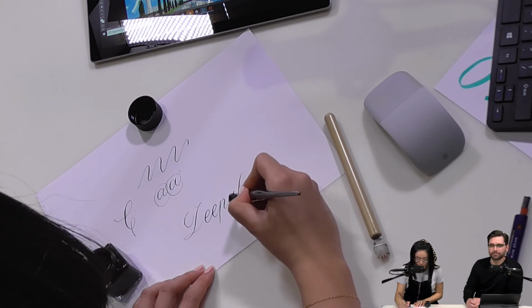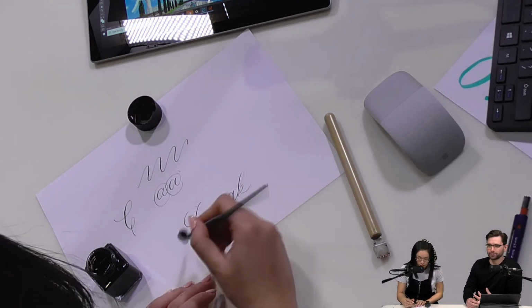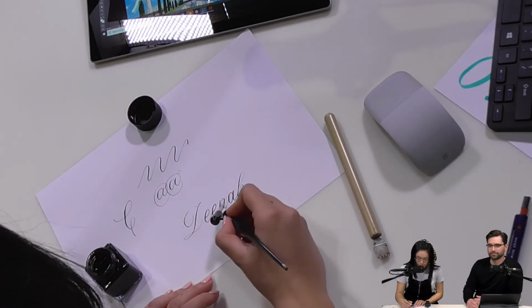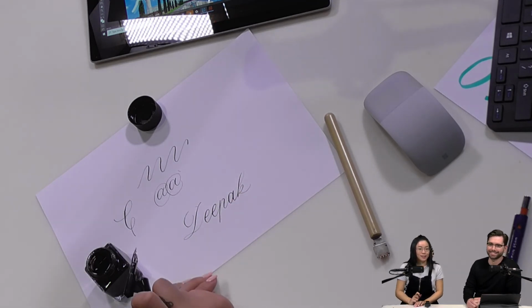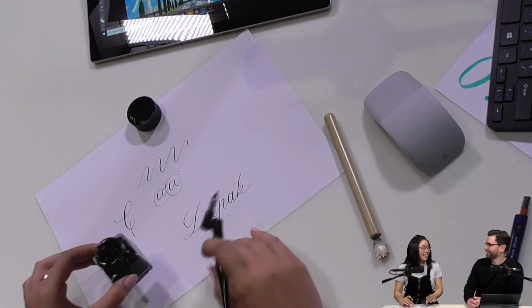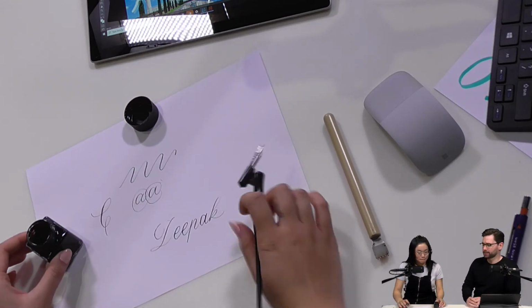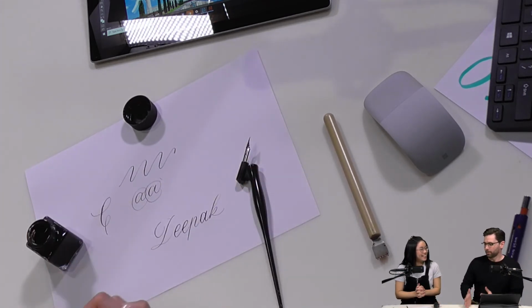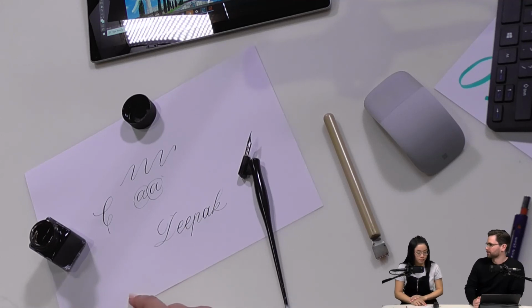So this is me not having any drills or anything. You can see it's kind of light and the lines are really wobbly. I don't think you can see that on the camera. But after I get my hand warmed up, I'm better. I swear. So it is practice. It's good because it illustrates, pun intended, the whole point of practicing before you do the analog version of lettering and calligraphy.